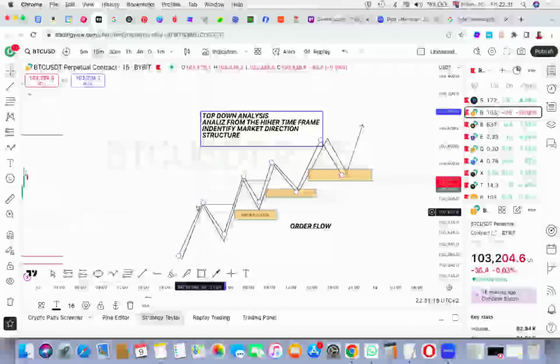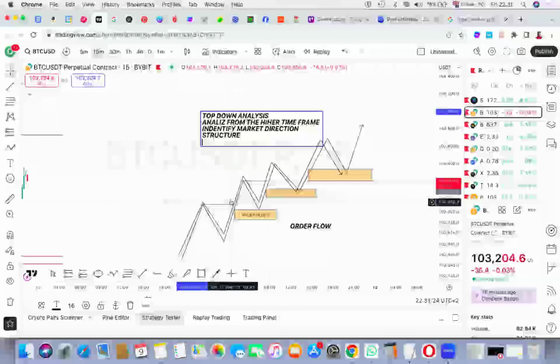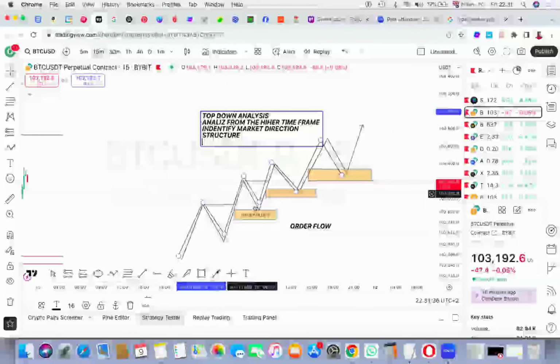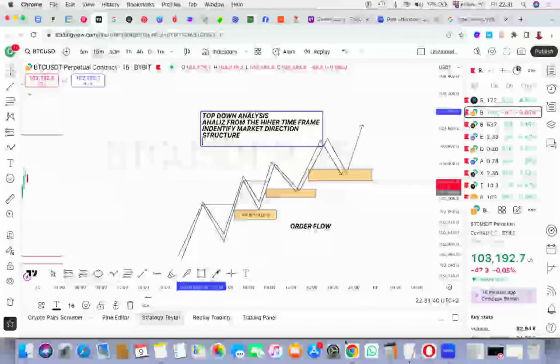And then from your last higher high, from where the market broke, you want to draw from the high to the body of the last break. So you draw here, and then you draw it to the body of the next candle that is close by. Then the structure will break, and then there will be a pullback, and then you want to look for your imbalance. So from your imbalance,